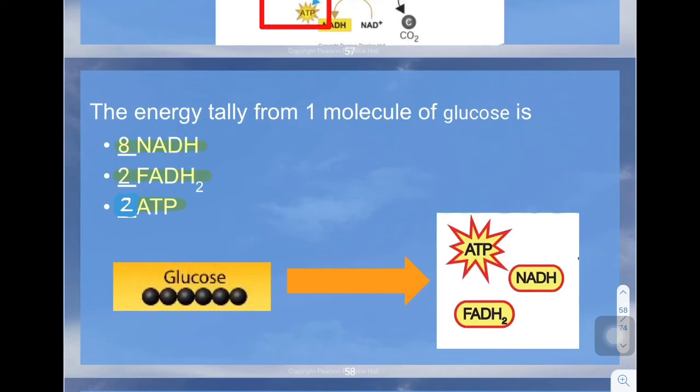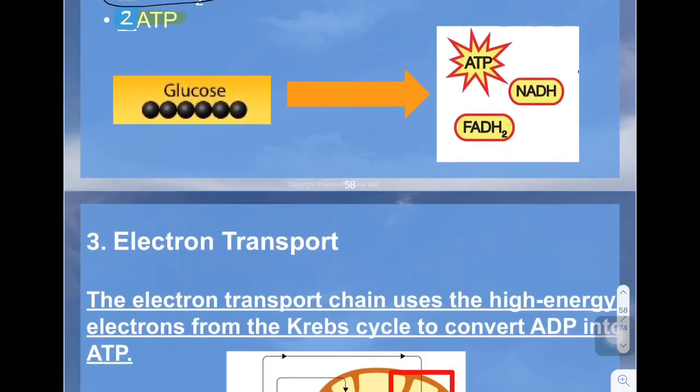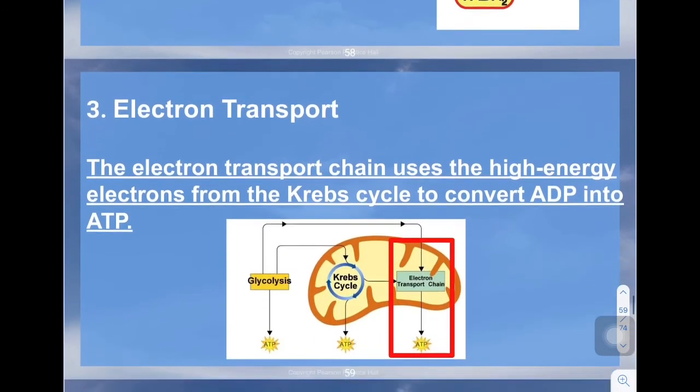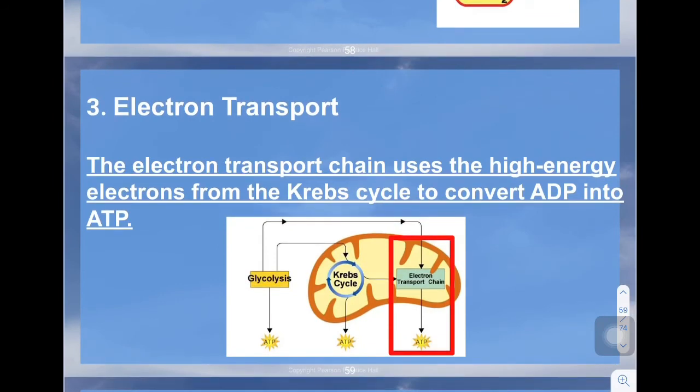So in addition to the ATP that's been generated, these energy carriers, these electron transporters, have been gathering those electrons that they're going to transport to the electron transport chain to actually generate the most energy. So this 3rd step, the electron transport chain,